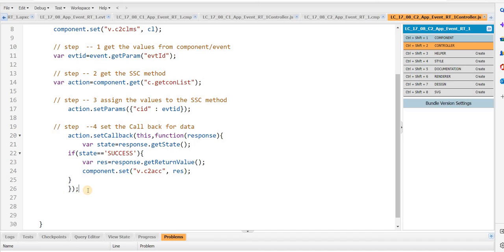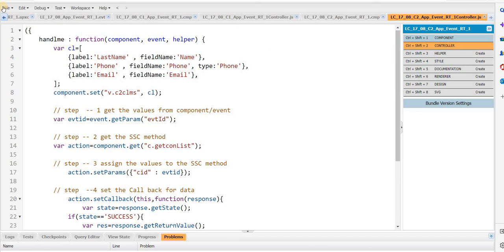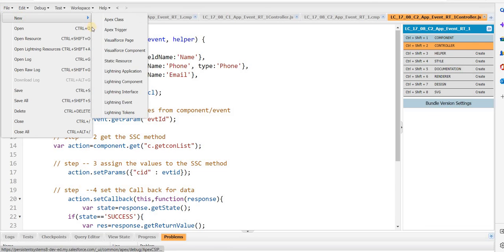So yeah, the last step is there, guys. Step 5, enqueue the action. $A dot enqueueAction, where action is my action. So that's it, guys. So now let me go for creating one more component,